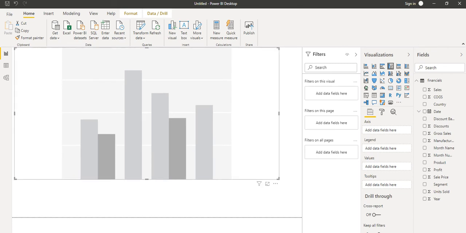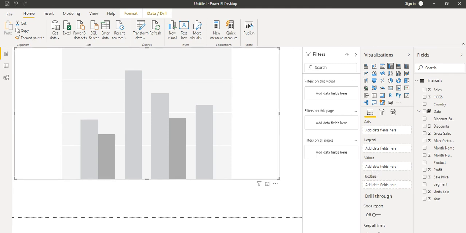Now basically it's only a sample of that particular chart. There is no relation to the financial Excel sheet data. We have to make that relation. For that purpose, all the properties of this chart come in, like on which axis you want to show what, whether you want to show any legend, and what value you want to show.